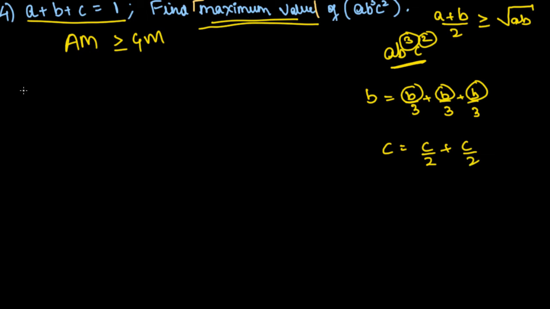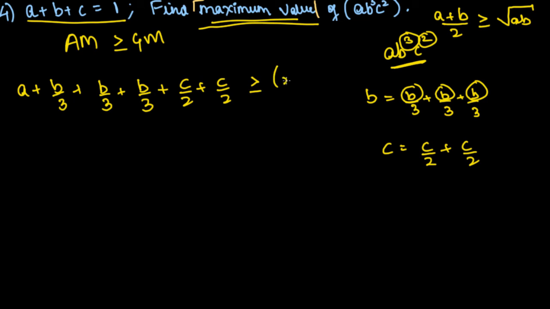So applying the AM-GM inequality, I get a plus b by 3 plus b by 3 plus b by 3 plus c by 2 plus c by 2 is greater than or equal to a, and now I'm going to multiply these three terms, so it will become b cube upon 27 into, and multiplying these terms, c square upon 4,